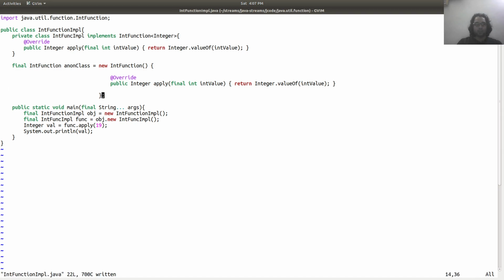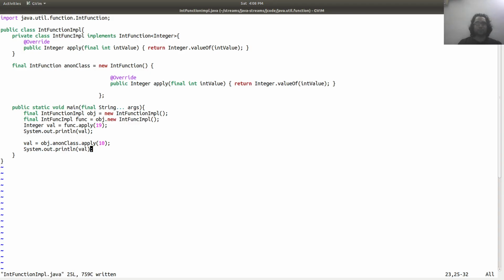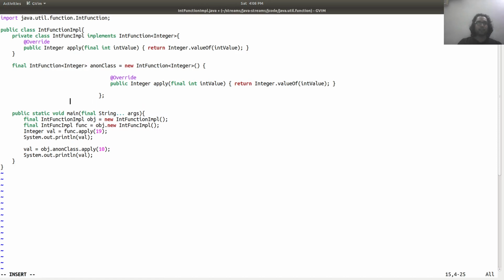And class.apply(10), and it should work now. Objects cannot be converted to integers, and for that we need to add a cast. So it is working now, you can see that, and I will be doing the same with the lambda